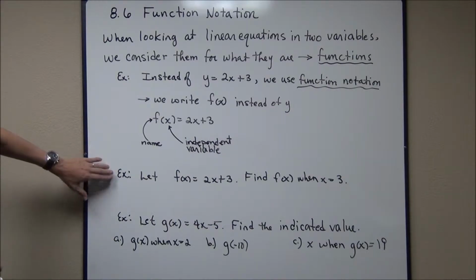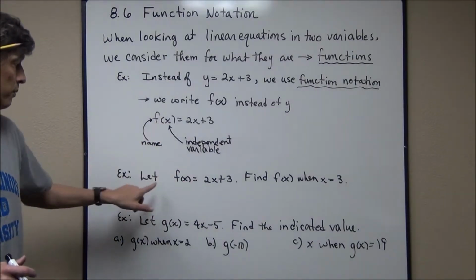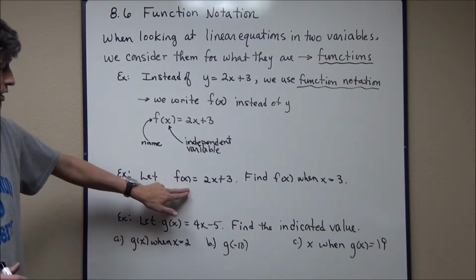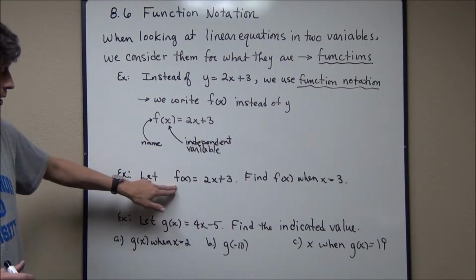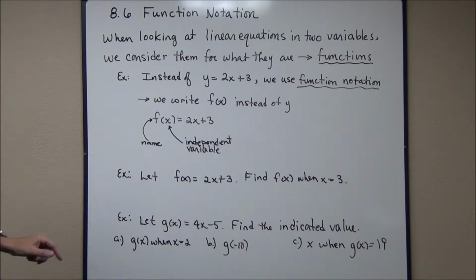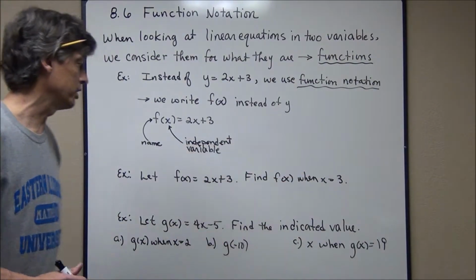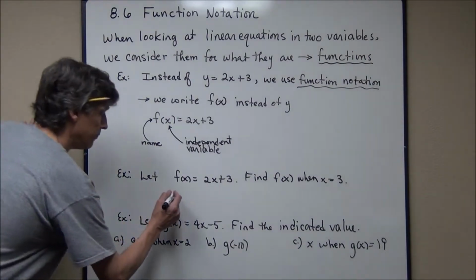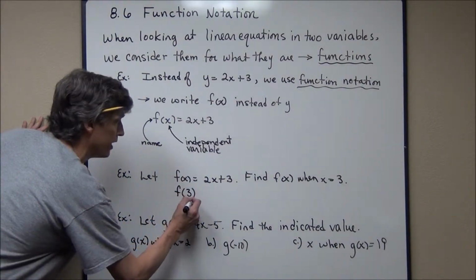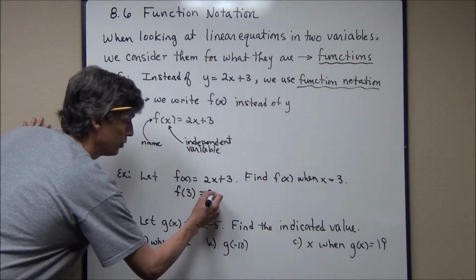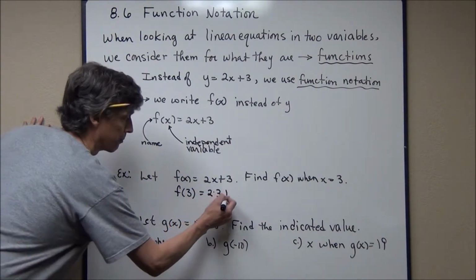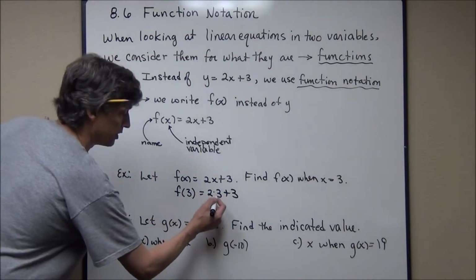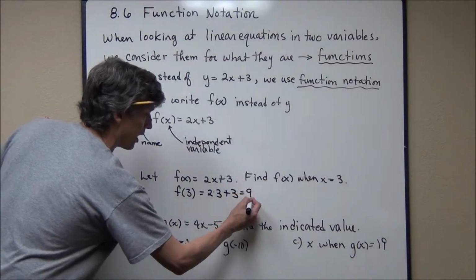There's an advantage. Now in the same function as before, we're going to let f of x equal 2x plus 3. The name of our function is f. F of x is the y. F of x is not the name of the function, f is the name of the function. Okay? We're going to find f of x when x is 3. So we're going to plug 3 in for x, but look at what I'm going to do. I'm going to write f of 3 equals 2 times 3. See how I plug the 3 in, plus 3. That way, when I do the arithmetic, and of course this is 6 plus 3, which is 9,